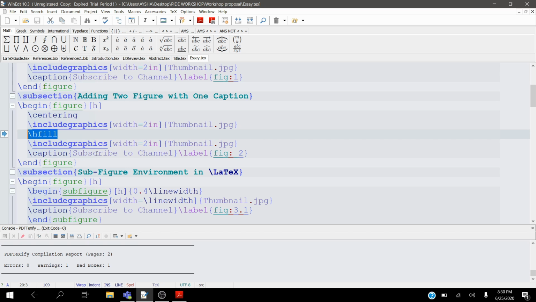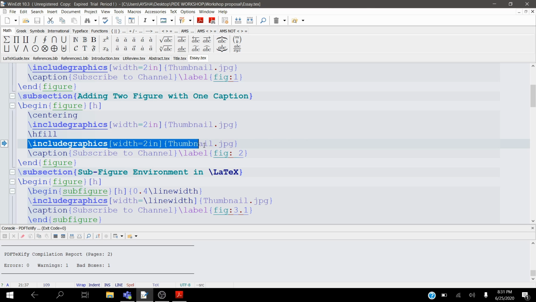As we are demonstrating here by adding two side-by-side figures, I want them to be placed apart from each other. If I don't give the \hfill command, the two graphics will be joined together, which doesn't look nice. Once we have the horizontal fill \hfill, we give the other \includegraphics command.